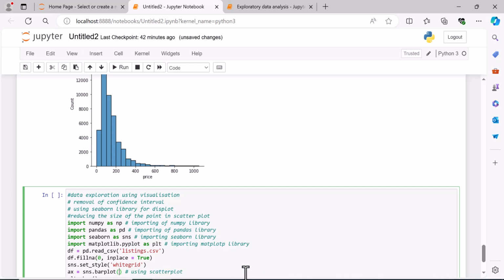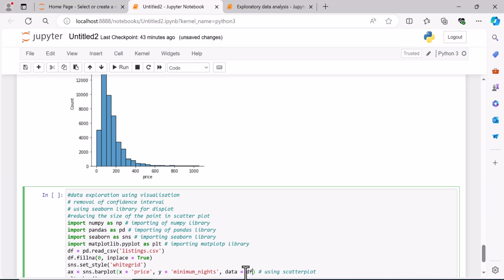All right, so here x is equal to price, y is equal to minimum night, comma data